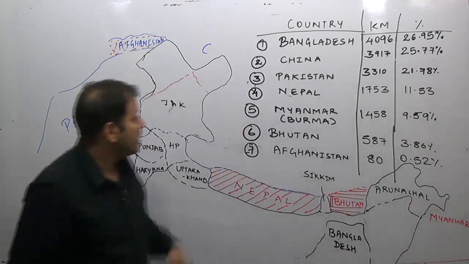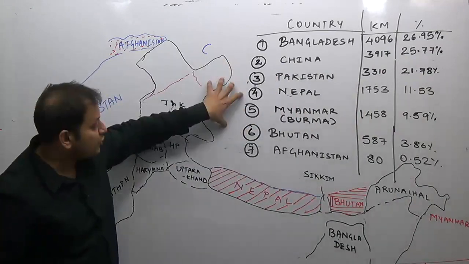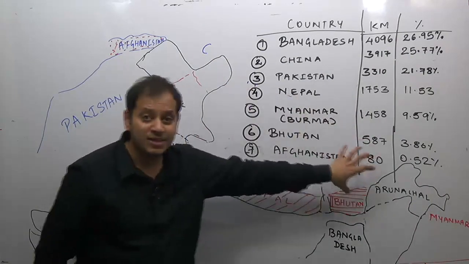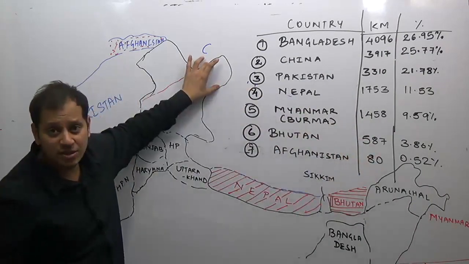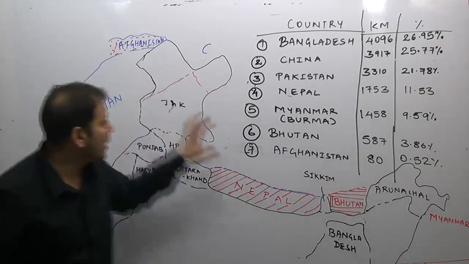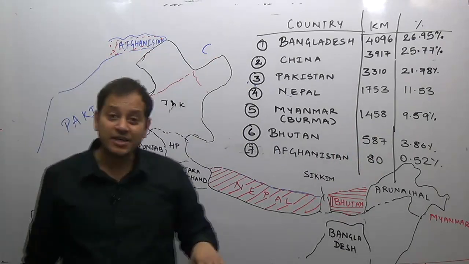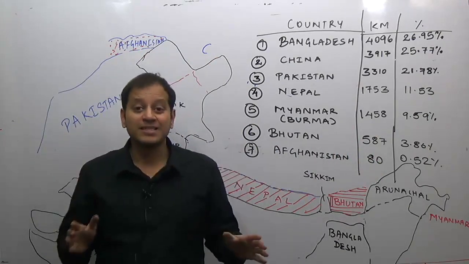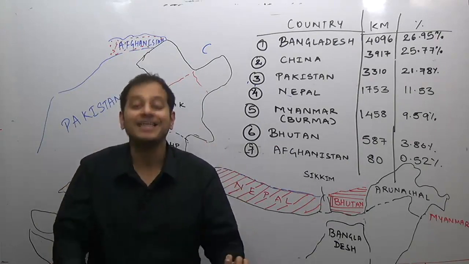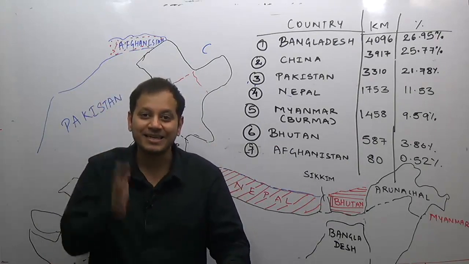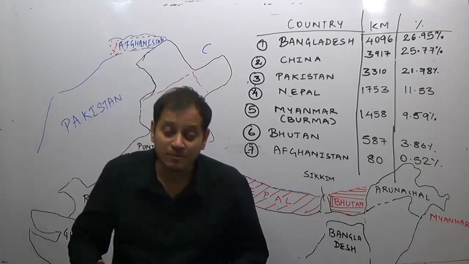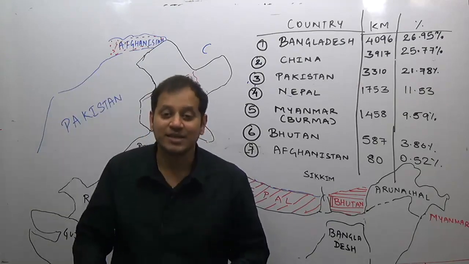This entire part is the Tibetan region of China. This is the Aksai Chin region of the Leh-Ladakh plateau, which has been illegally occupied by China, while this is Pakistan occupied Kashmir. Again, in the next lecture, we will study each and every boundary in detail and also whatever has been covered in current affairs till today. So meet you again in the next lecture. Till the time we meet again, thank you very much.